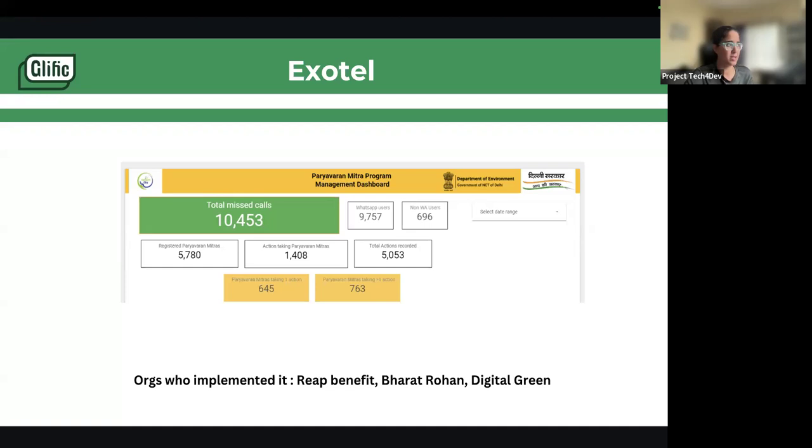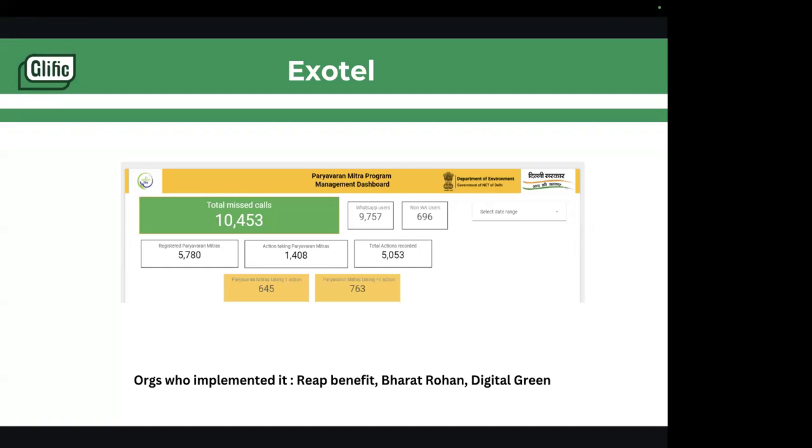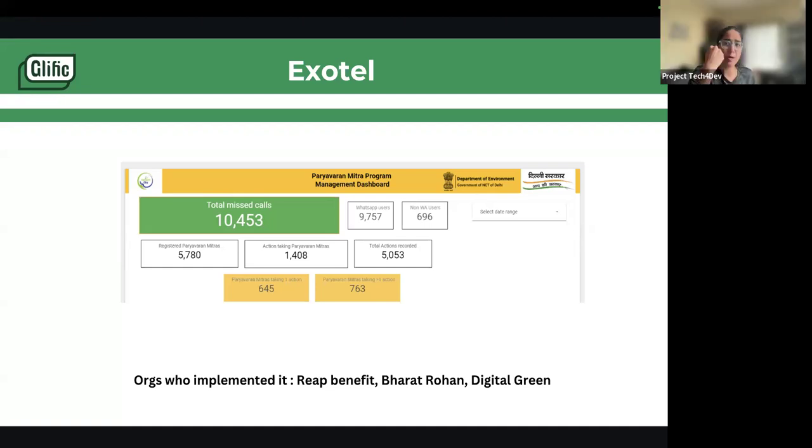Yeah, for example, ReBenefit has their chatbot number. I have to give a normal missed call, not a WhatsApp missed call, to them. Then I'll get a message from ReBenefit on my WhatsApp, if the same number exists on WhatsApp, of course.